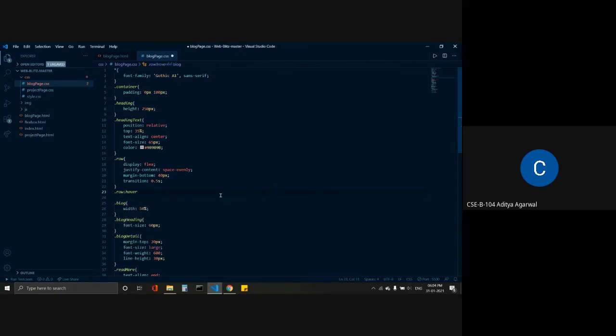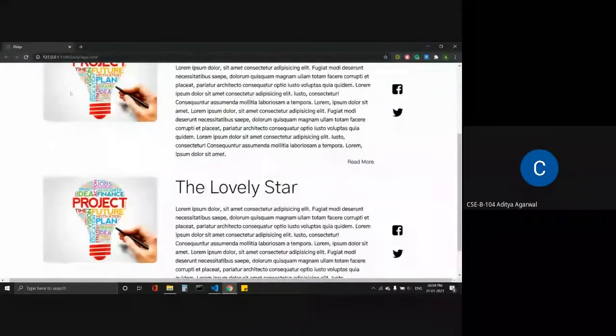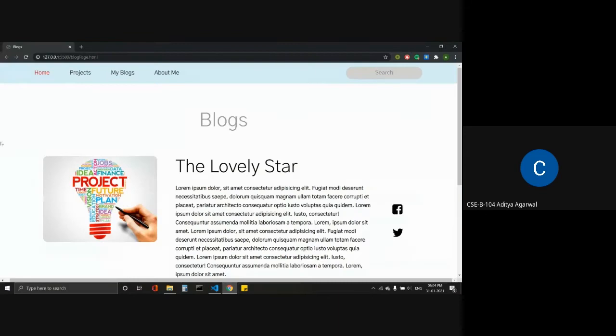Just click hover, and after hover, what we have to do when we hover a mouse is transform the height and width of the row here. We have to enlarge the height and width.